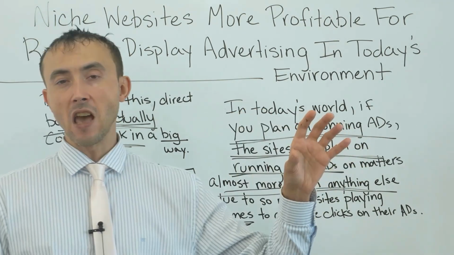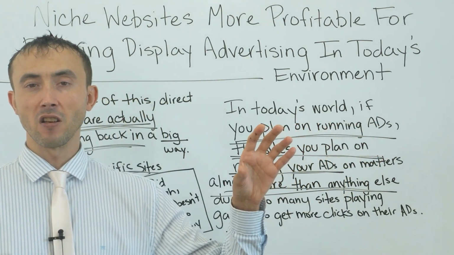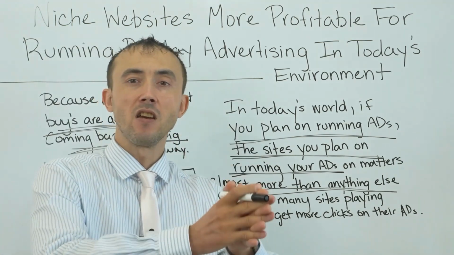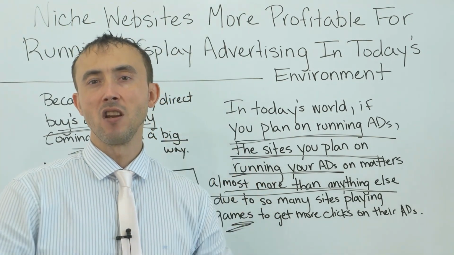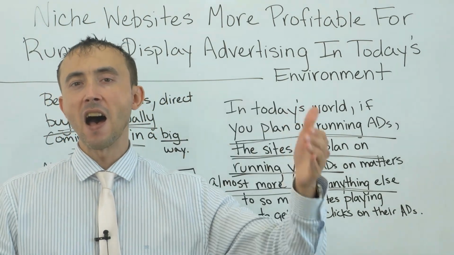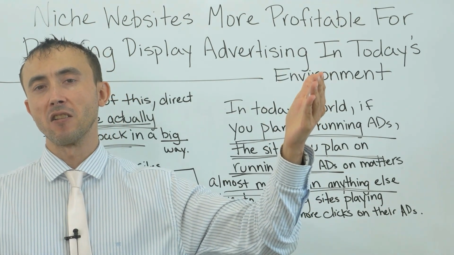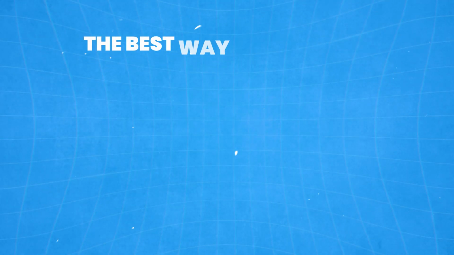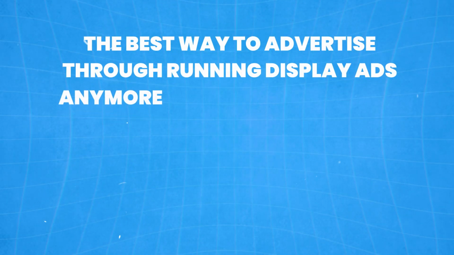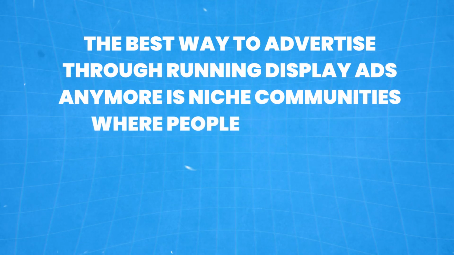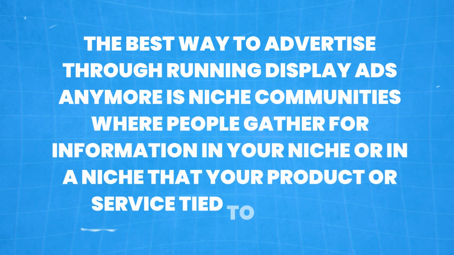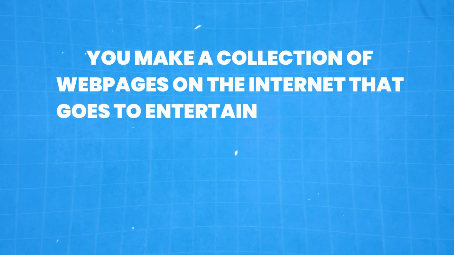That doesn't guarantee that no bots are going to click through your ads, but at least the real clicks you get are going to be so highly converting, because it's the exact person you need to get in front of, that you can defray the extra bot clicks and the extra waste that's in there. So in other words, the best way to advertise through running display ads anymore is niche communities where people gather for information in your niche or in a niche that your product or service is tied to somehow. Or you make a collection of web pages on the internet that go to entertain and educate the people that you want to sell to,